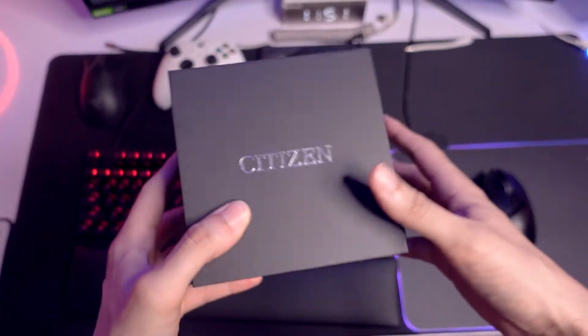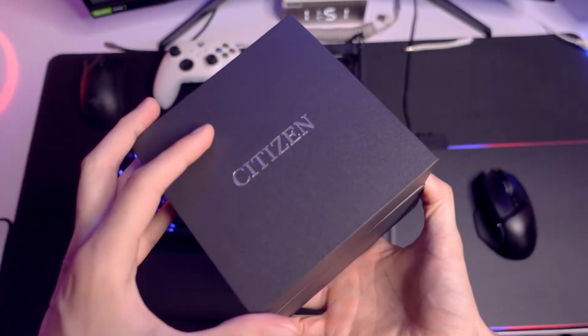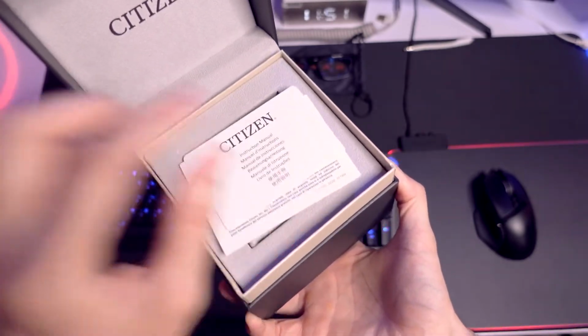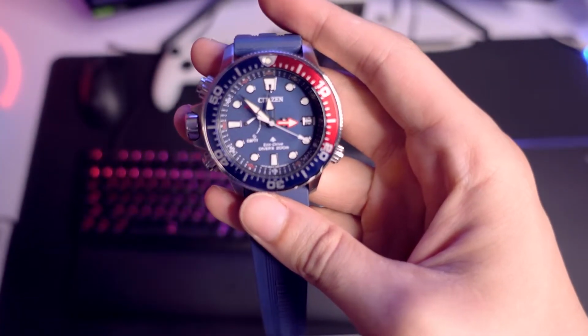So the watch box that we basically get for Citizen in Pakistan is a very simple, very basic box. We do not get the barrels and everything like generally the Promaster lineup comes in, but this is like your normal box with all the manuals and everything, the cushioning and Citizen branding inside and outside, and that's about it. And here is the watch. This is the Promaster Aqualand